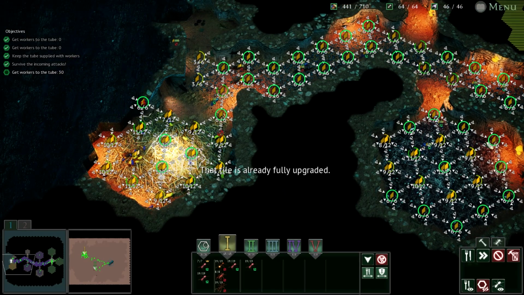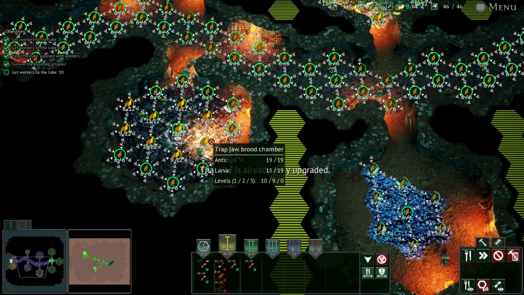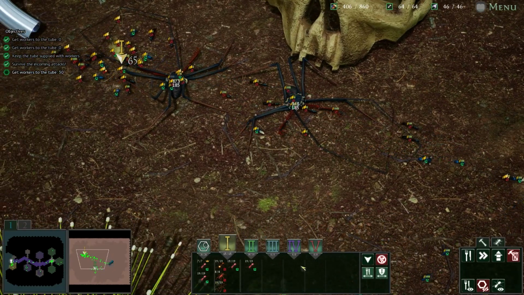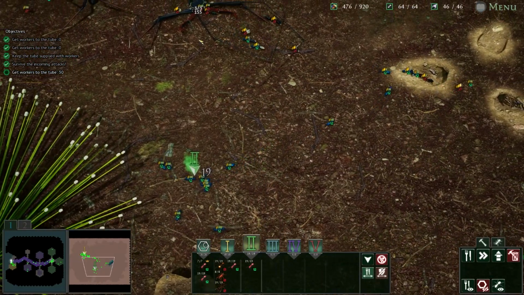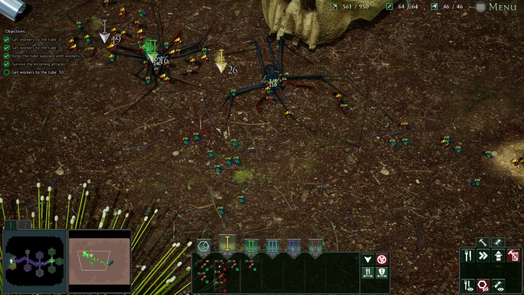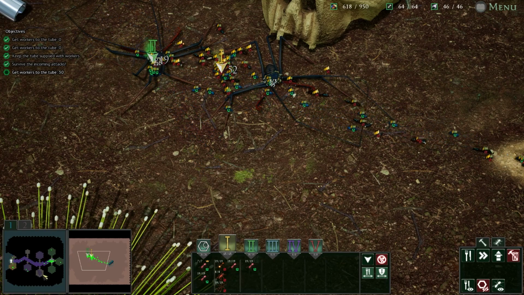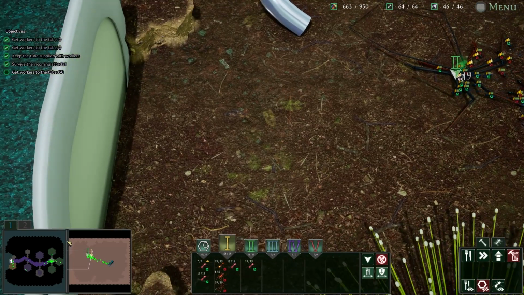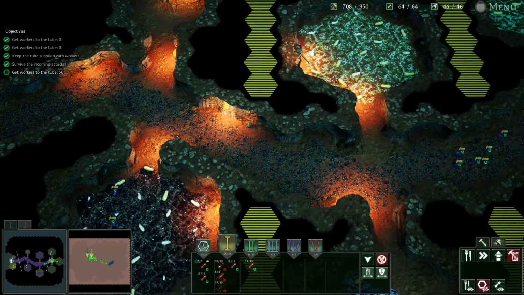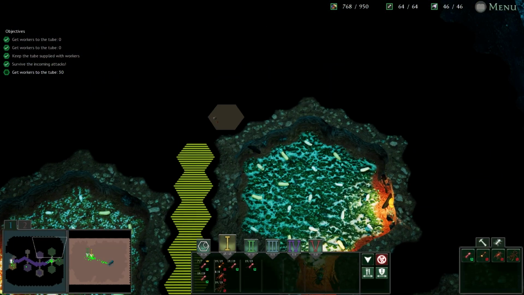Let's upgrade the food stores a bit more. Get our first level 3 trap jaw going. It's got a good amount of food. We probably want to look at keeping a little bit of a store in place, though. We are running out of areas to build more...